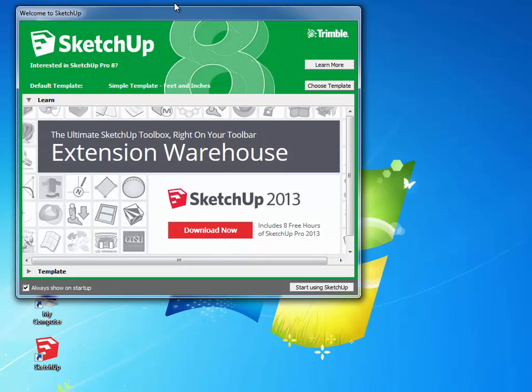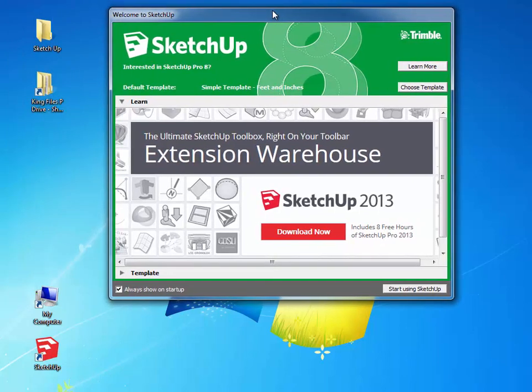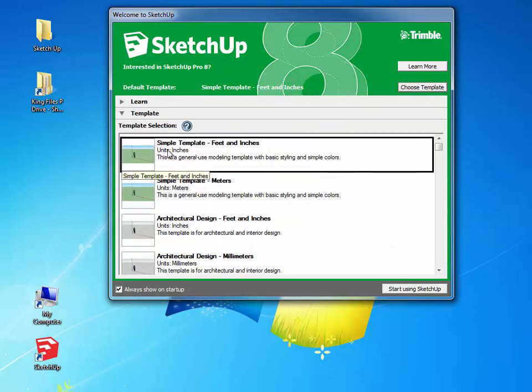I'll be brought to a window that looks just like this. This is the start window, and the first thing you must do is to choose a template. Right now on your screen you should see a default template as blank. We want to choose a template at this point, so we'll click choose template, and I'll double click the very